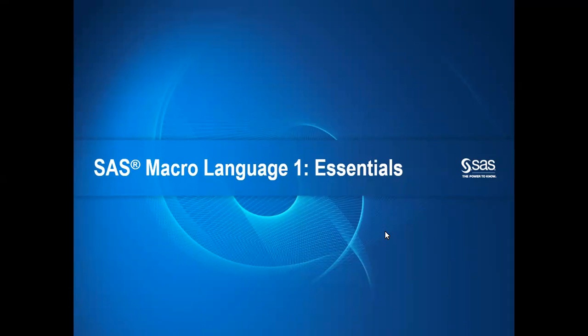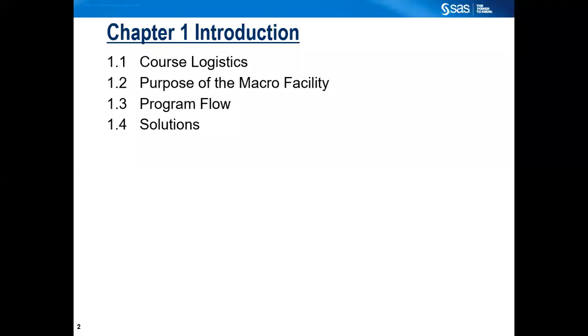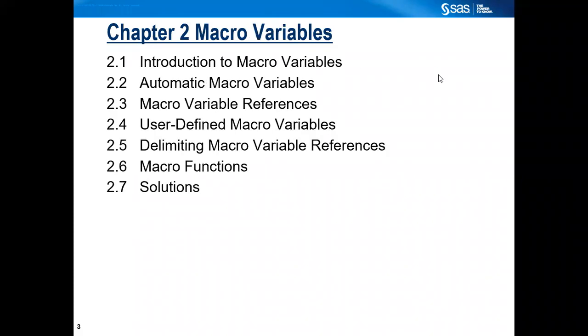So here let's have a glimpse of topics or lessons which we'll be covering. The very first chapter would be introduction, where you'll get introduced to our course logistics, purpose of the macro facility, program flow, and solutions. Then lesson two, or chapter two, would be all about macro variables. There are nearly six topics in this. Introduction to macro variables, automatic macro variables, macro variable references, user defined macro variables, delimiting macro variable references, and macro